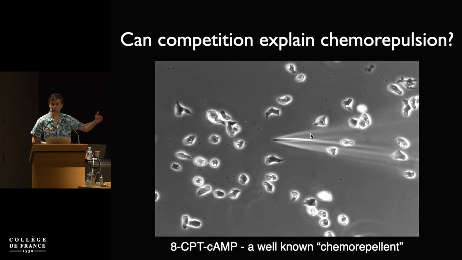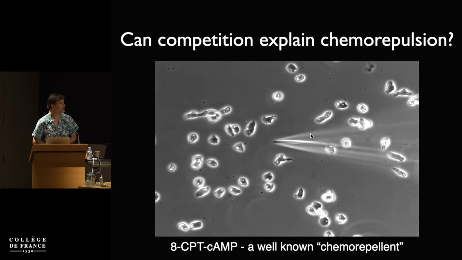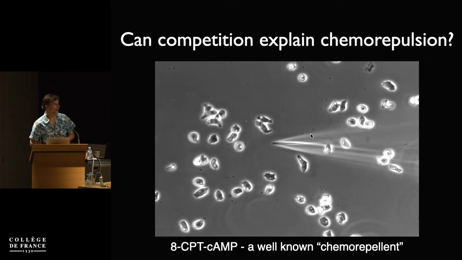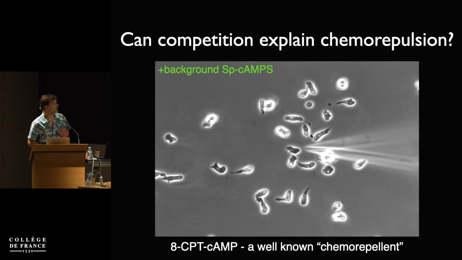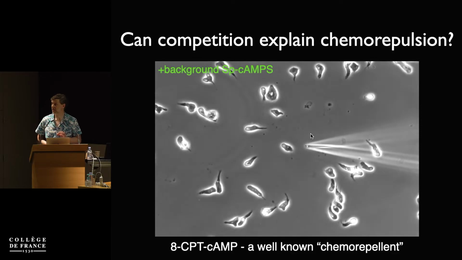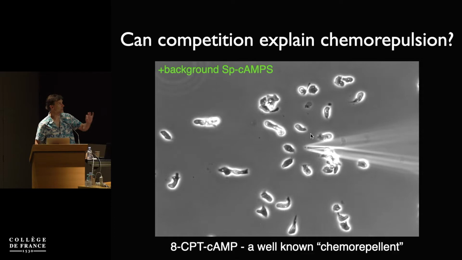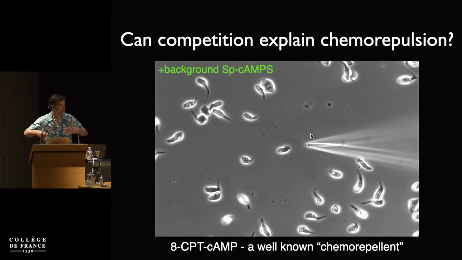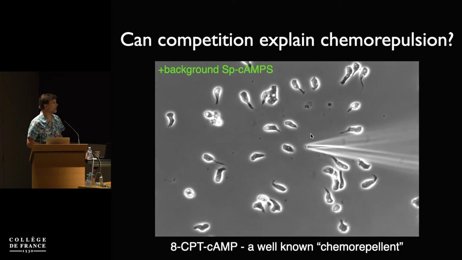And the cells don't care because we were careful about making sure that the environment was clean and well washed and so forth. So the well-known chemorepellent is not in fact a chemorepellent. But if you put a little dash of a chemoattractant from outside in there, then suddenly this chemorepellent becomes very nasty indeed, and the cells run away from it. So this negative chemotaxis is not being caused by the repellent alone. It's an interaction between two different agents acting on one receptor.